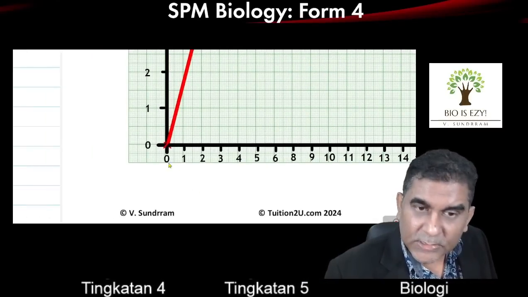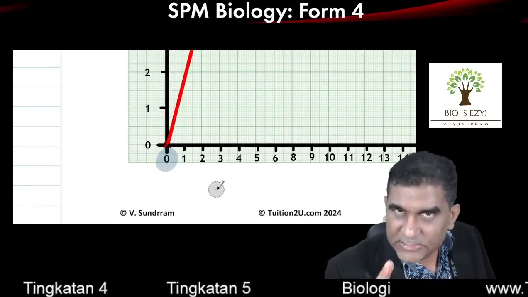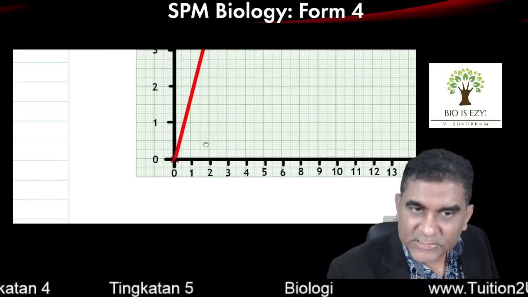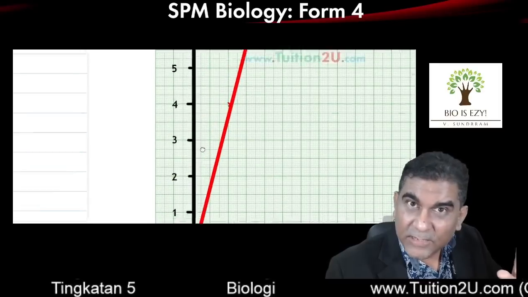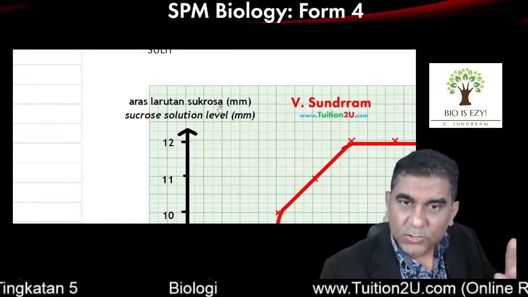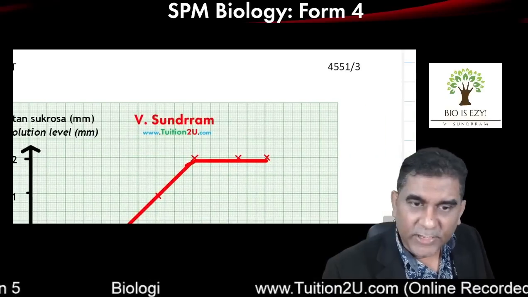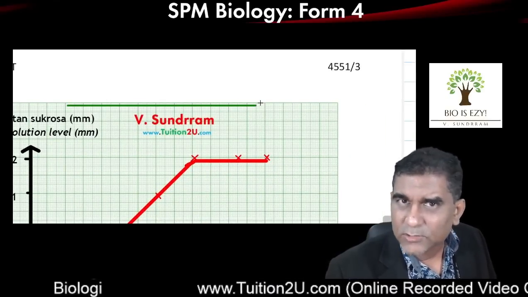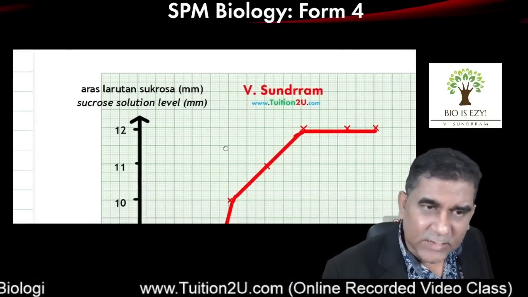Dan jangan lupa kosong. Don't forget the zero. Origin pastikan ada. So, sama dengan paksi Y. Paksi Y pun pastikan ada kosong, titik permulaan. Pastikan skala yang betul. Pastikan ada tajuk dekat atas. Dan tajuk adalah aras larutan sukrosa milimeter. Tajuk eksperimen, mungkin subjek lain kamu kena tulis tajuk eksperimen. Untuk bio tak perlu. Asalkan paksi X kamu betul,